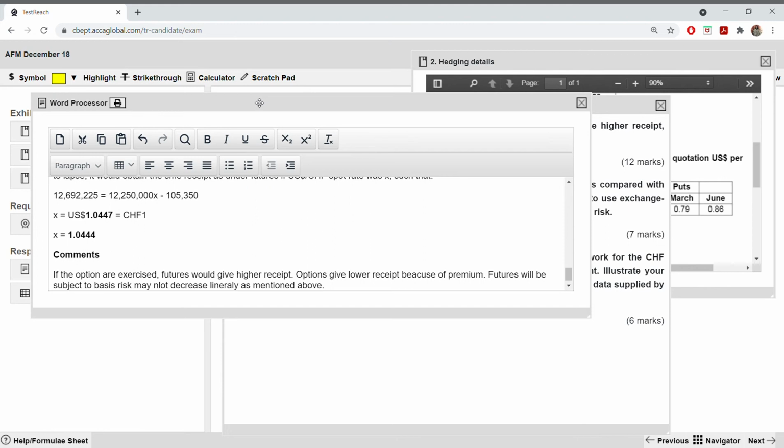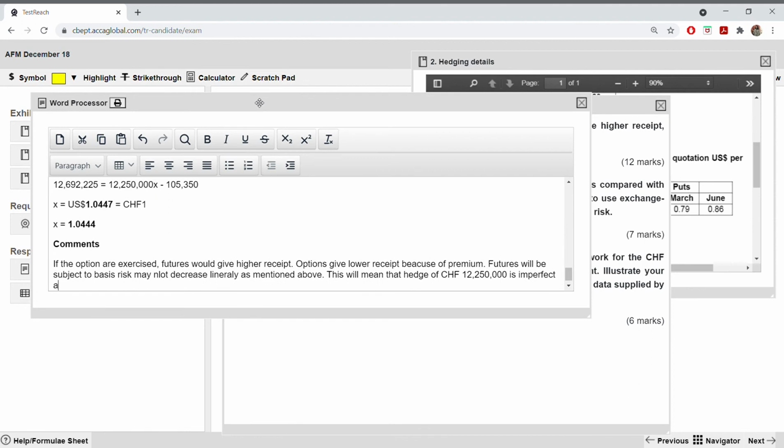So what does it mean? You always have to mention what each statement you are making means. This will mean that the hedge of Swiss franc 12,250,000, because only 50,000 you will be hedging using forward, so the remaining you are using in the future, is what? Imperfect. Isn't it imperfect? And the receipt may be unpredictable.